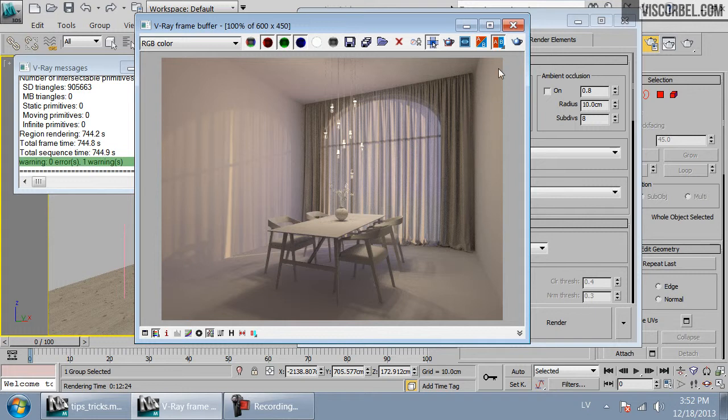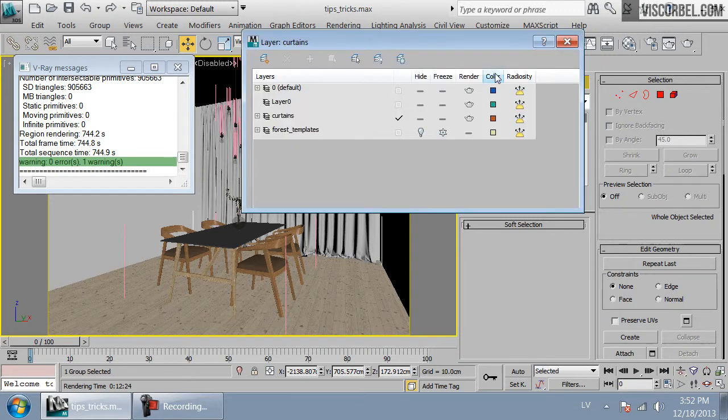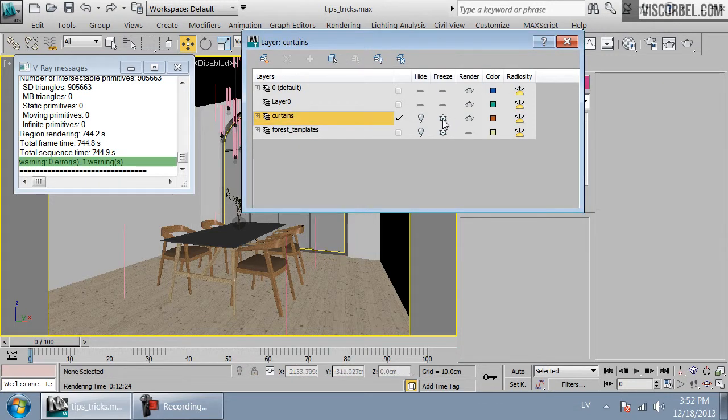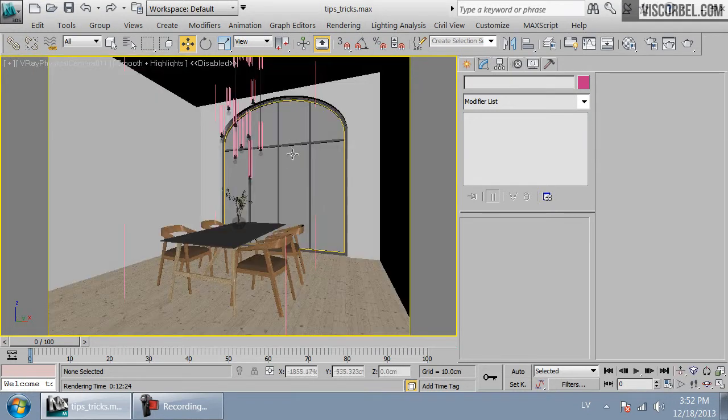So speaking of view, next thing I want to show you is how to add a background behind the window. So usually, even if you want to composite a background in Photoshop, it's still a good idea to have at least somewhat similar scene visible in your render as well. And the reason for this is that if you have this bright sky outside